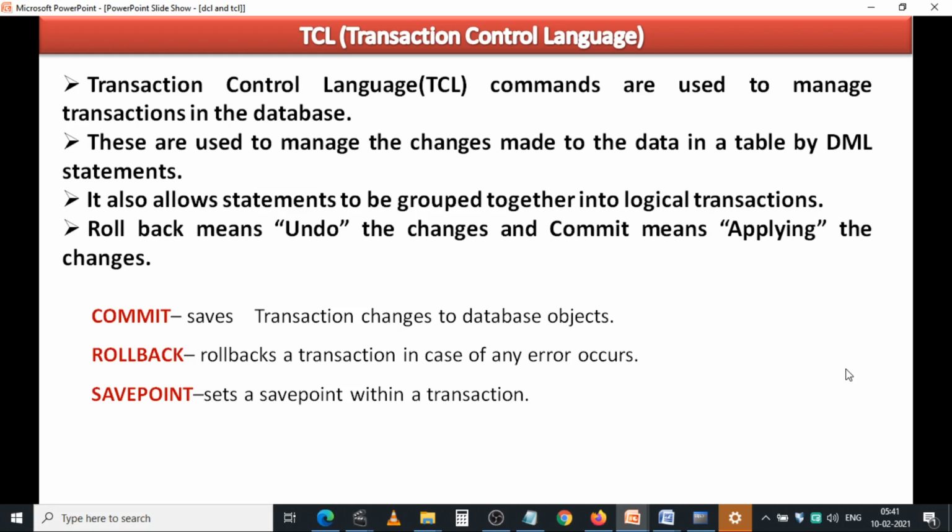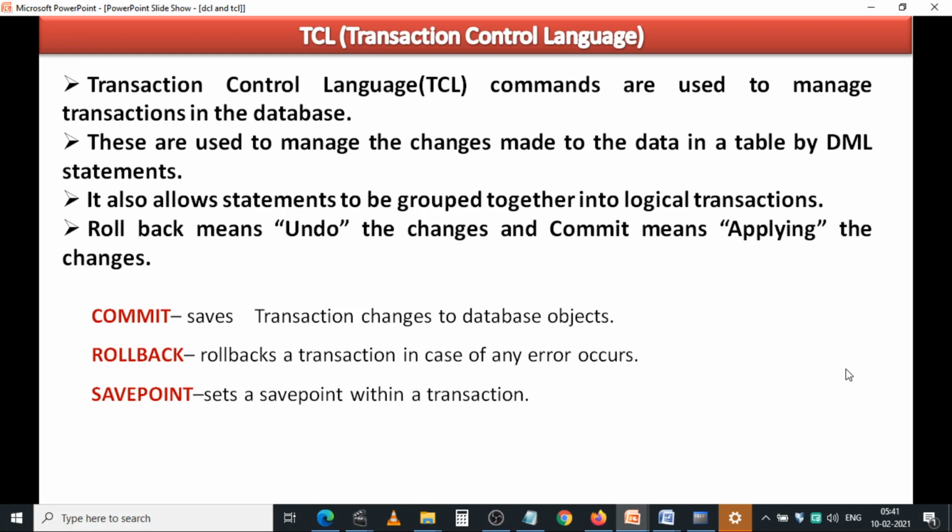Actually, there are three commands in this. One is commit, the next one is rollback, and the next one is savepoint. In order to save the changes to the database permanently from the transaction buffer, we have to apply the commit command.